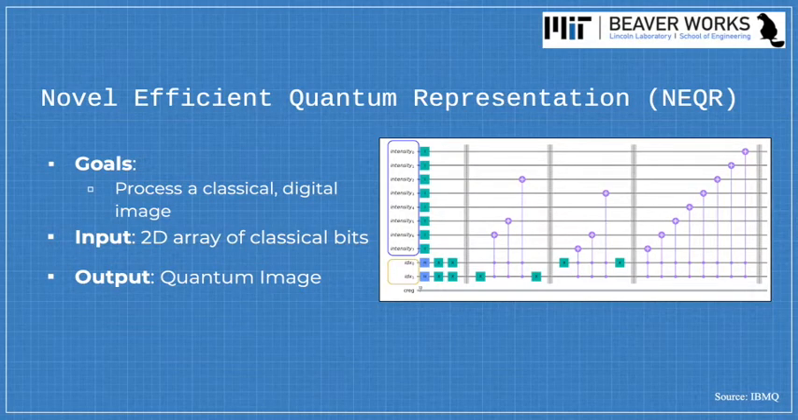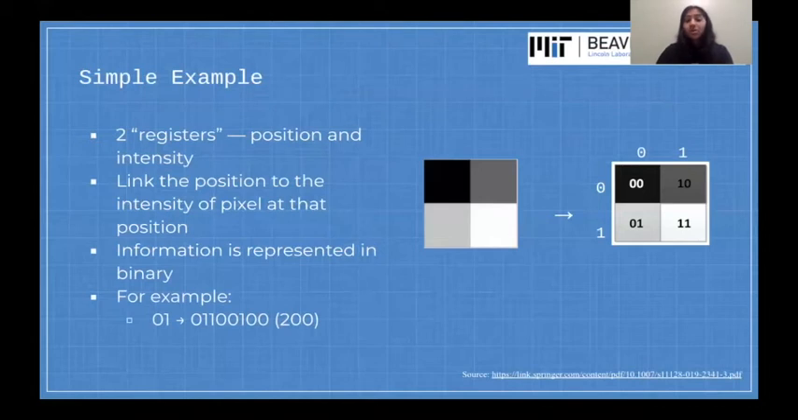The goal is to process a classical digital image, and the input is a 2D array of classical bits, where the bits represent the intensity or the color of the pixel. The output is a quantum image. The algorithm has two registers, or groups of qubits, a position register and an intensity register. For an example, let's say we're trying to process this 2x2 image here you see on the right. We'll start with the bottom left pixel. Looking at the diagram, we know that the position of that pixel is 0, 1,